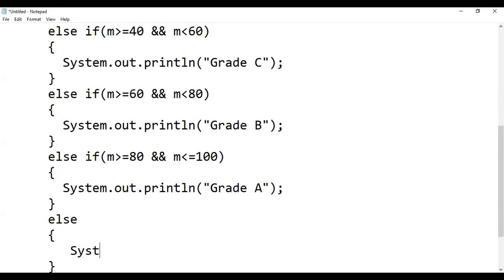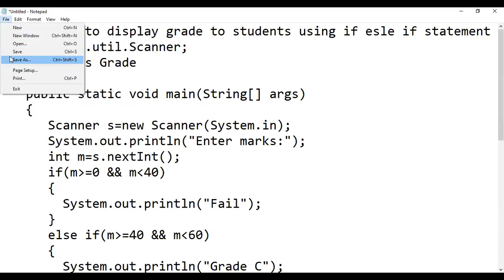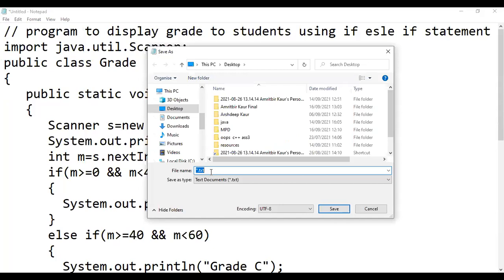For that we write our else part. So now we will save it, and then we will compile and execute it.